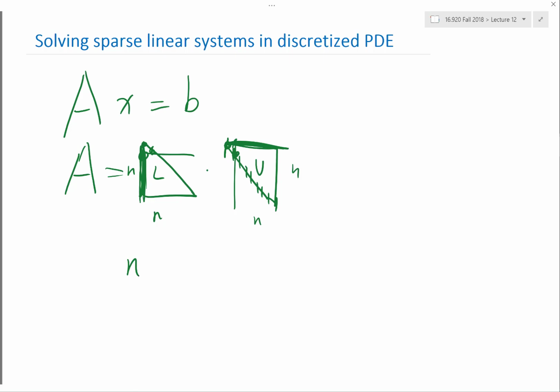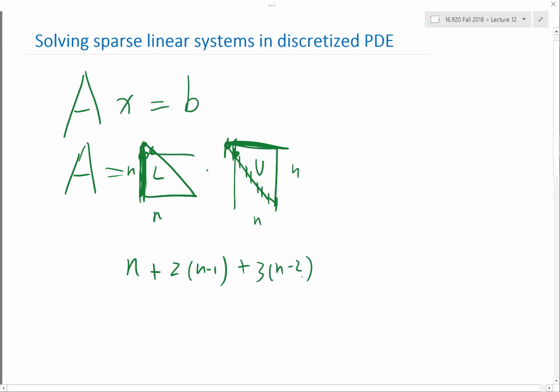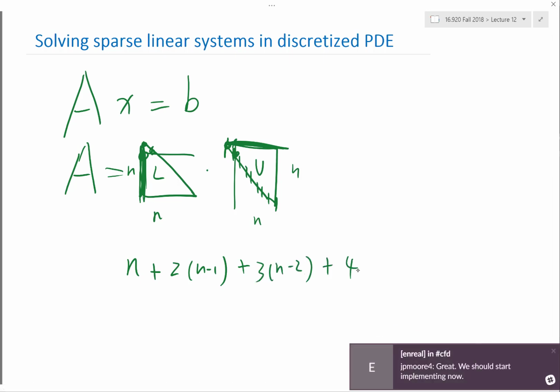All right. But then to decide about the second row and column, you actually have to figure out what's the number that is already there, right? So you have to first look at the first column of L and remove that from the second column of A before you can proceed. So basically the next one is 2 times n minus 1, right? Because you have to remove something and you also have to do something. And the next one is actually 3 times n minus 2, times 4 times n minus